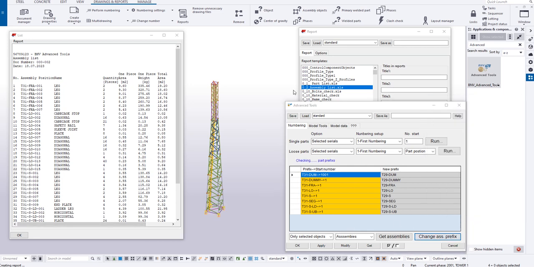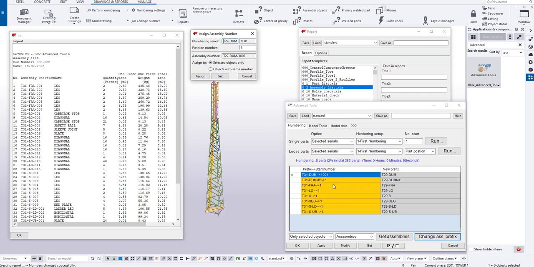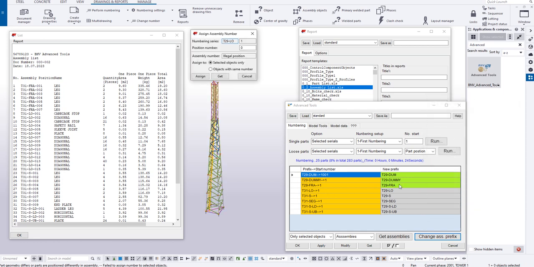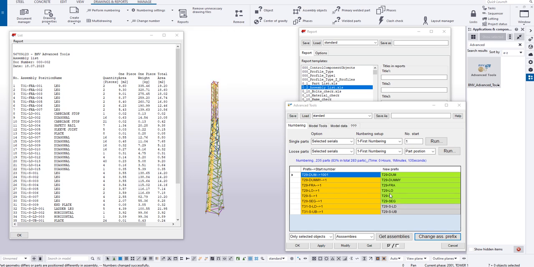The tool will change all prefixes and assign numbers one by one for you, for all the serials one by one. It assigns for each serial, and after finishing, it highlights the prefix already changed in green. It does it one by one for each serial, for single, for sub and sub-assembly, each one by one. That's easy and fast for you to change and copy the model and make your project more professional.